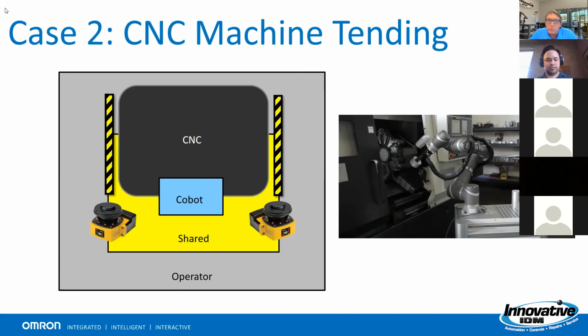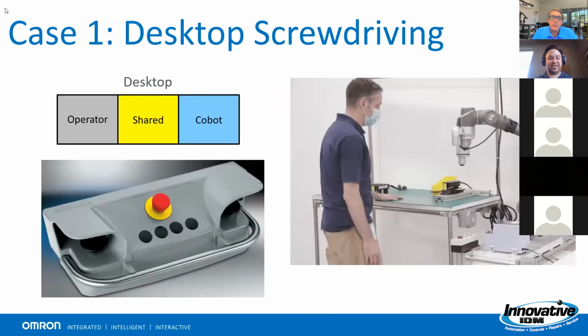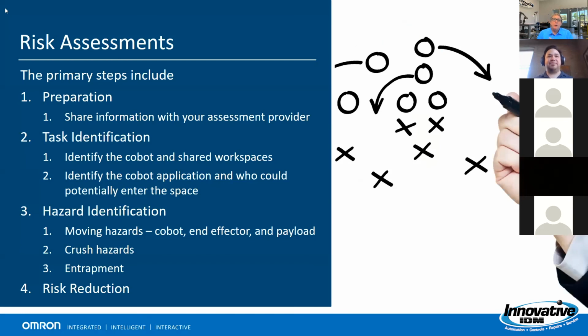It says, how long does a typical risk assessment usually take? I know it's kind of a loaded question, but maybe a short answer on that. I hate to give these sorts of answers, but it depends. I think you can definitely reduce the amount of time a risk assessment takes if you engage in that preparation step. Photos, CAD models,